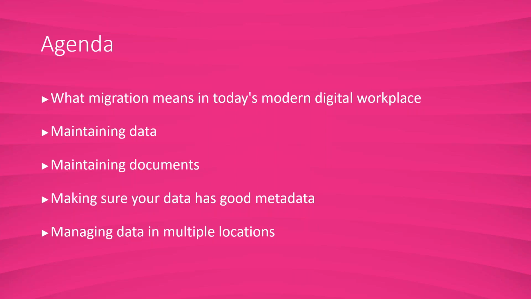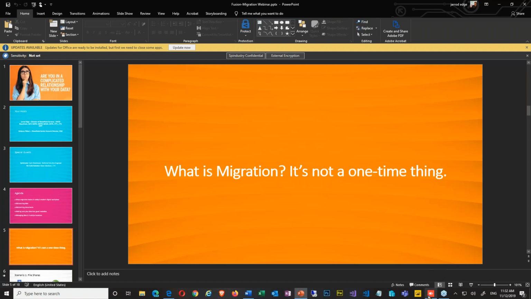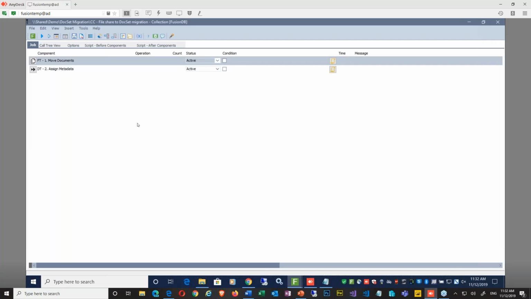So without going through the rest of the agenda, what I want to do first is go and just kick off a migration that we have sitting here ready to go. And at the end, we're going to come in and show you the results of this so we can talk more about what happened in this scenario and what are some other scenarios as we go through. Let me show you a couple of different things so that you don't think we have any tricks up our sleeve.